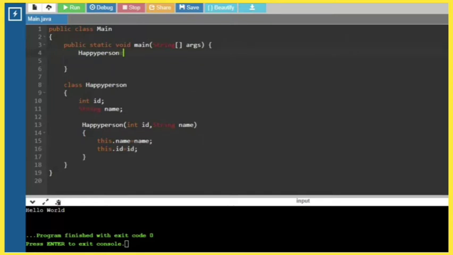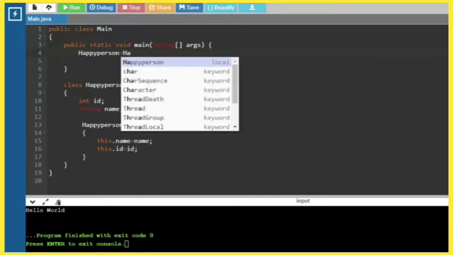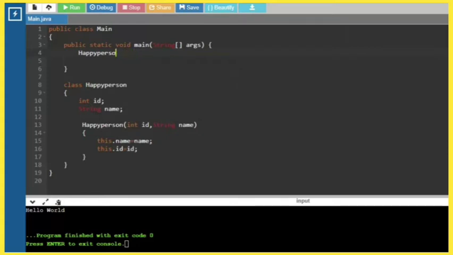This dot ID, sorry, equal to ID. So like this we will give it in a constructor. I'll explain it clearly after creating here and calling the constructor, so you will understand in a better way.